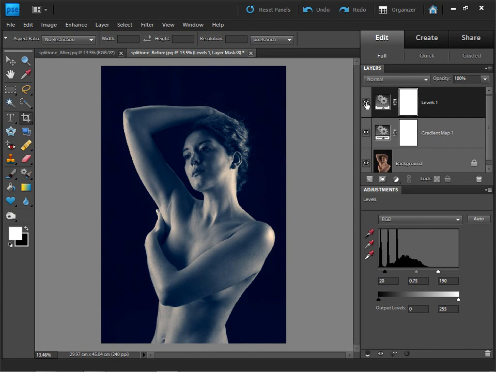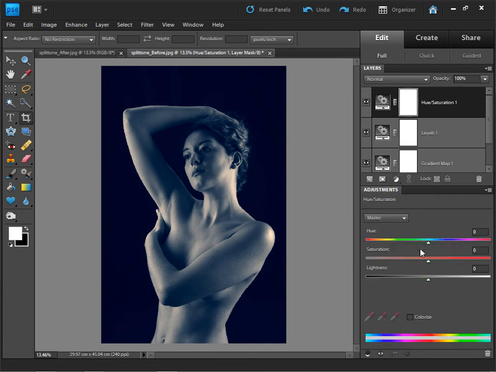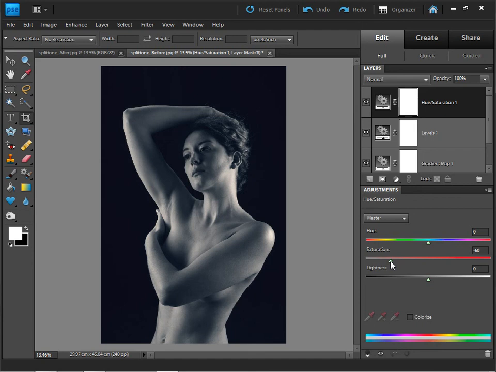Now at the moment it's looking just a little bit too saturated in colour, so I just want to reduce that down. So again I'll click on my adjustment layer icon, select hue saturation. I'm just going to reduce the saturation down to about -60, which just gives a very slight tint of colour to our portrait. So there we have our final image, and all we need to do to finish off is